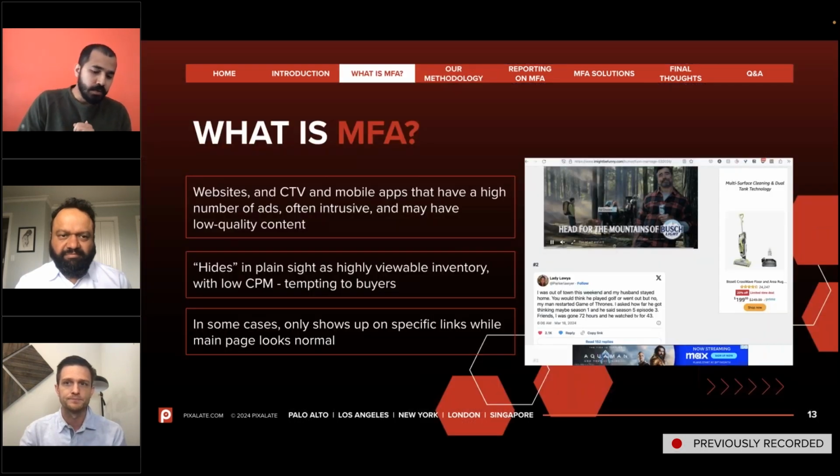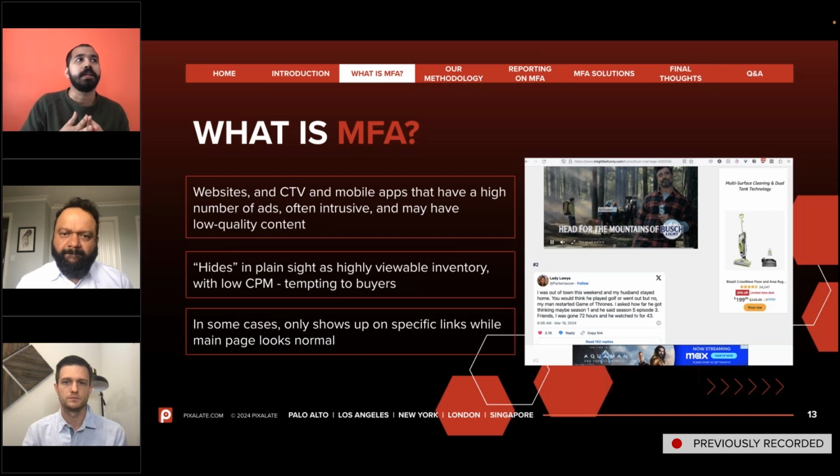Yeah, definitely. So when you think about MFA websites, a lot of these have a ton of pages, right? And when you go to any of these pages, you wouldn't find any ads at all. But there would be a specific page which would be full of ads. And according to our research, this page with all these ads is the page which has been propagated to the users through social media, clickbait, whatnot, right?